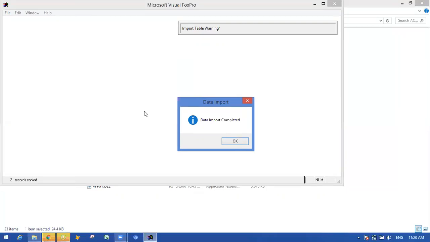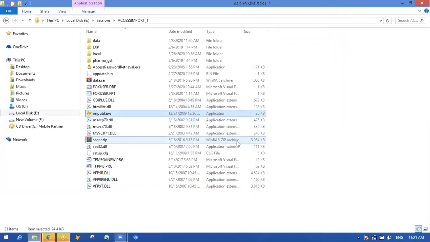Now you are getting this message screen here. Data import completed. What you need to do is just click on OK. Once you click on OK, that means the process is finished. Process is completed.